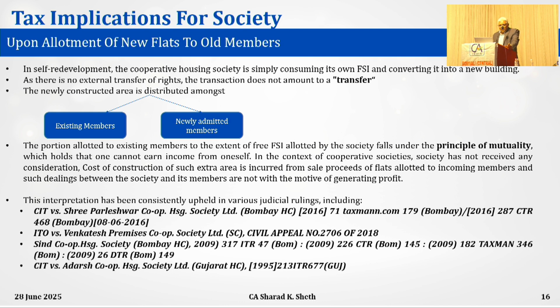Let us use this extra FSI to regularize these balconies, because many of them have converted those balconies into kitchens, bedrooms and everything. And thereafter also, society was left with area equivalent to 4 flats, which they could build and sell. What society did at that time: society first admitted the 4 buyers as members. Immediately, on the same day of admission, they allotted the flats to them